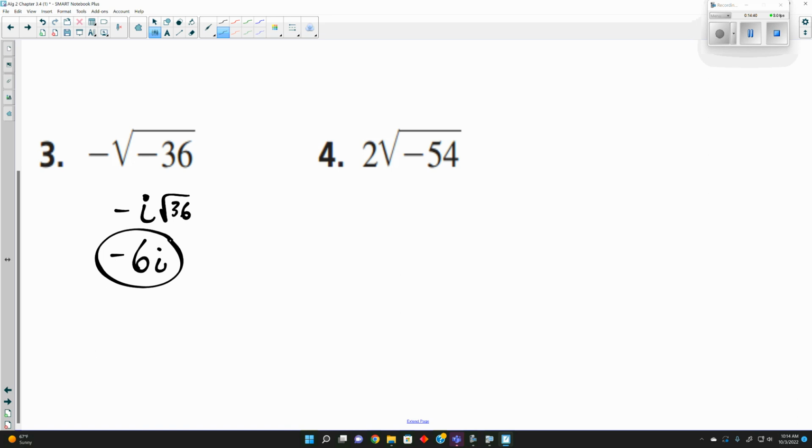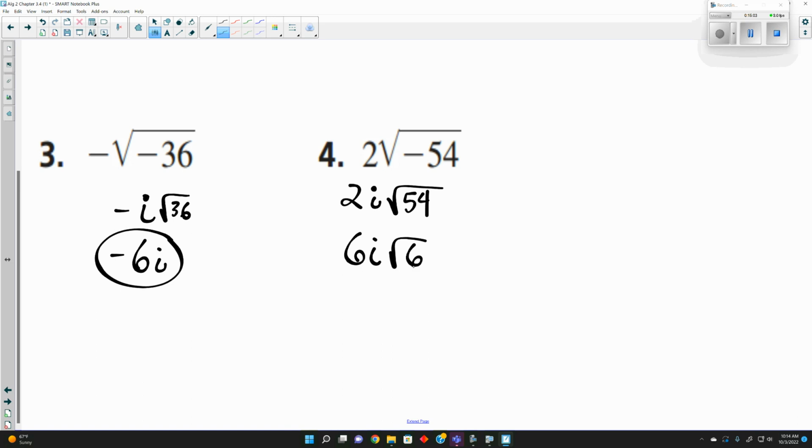Now in the next one, we have 2 times the square root of -54. Well, the negative is going to come out as i. So we have 2i square root of 54. So now we need to figure out what that is. So you could type it in as 6i